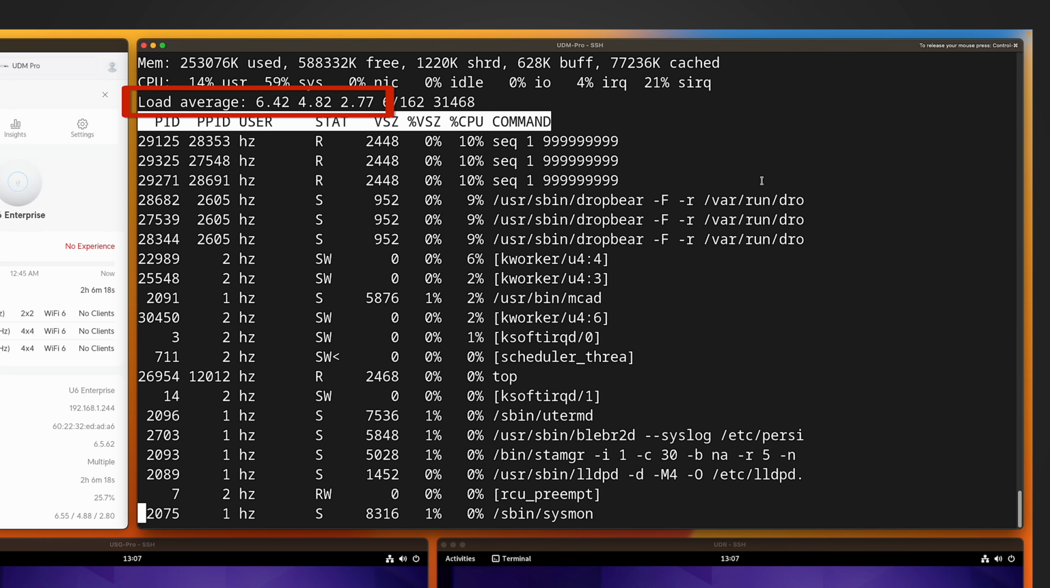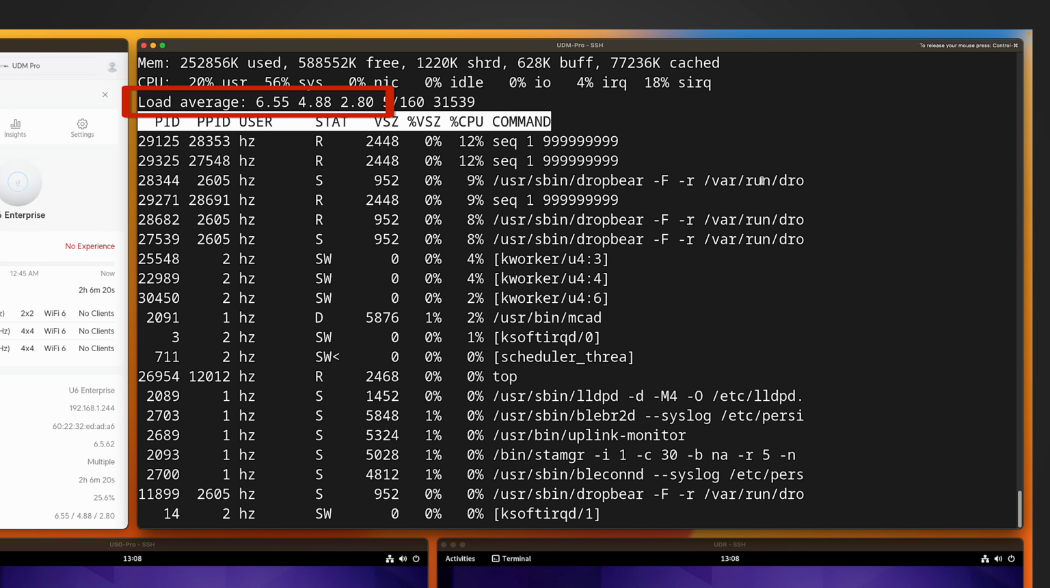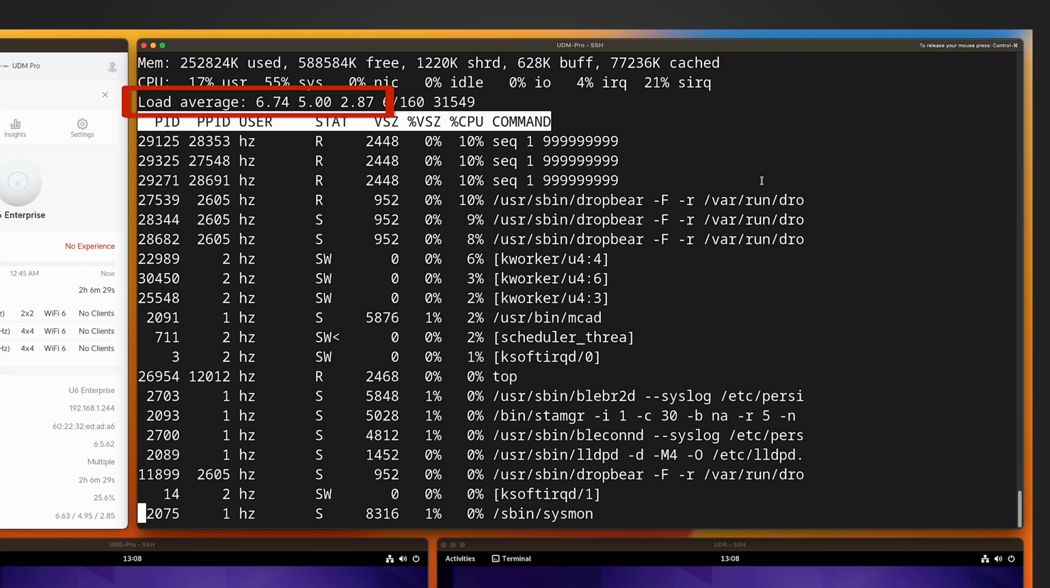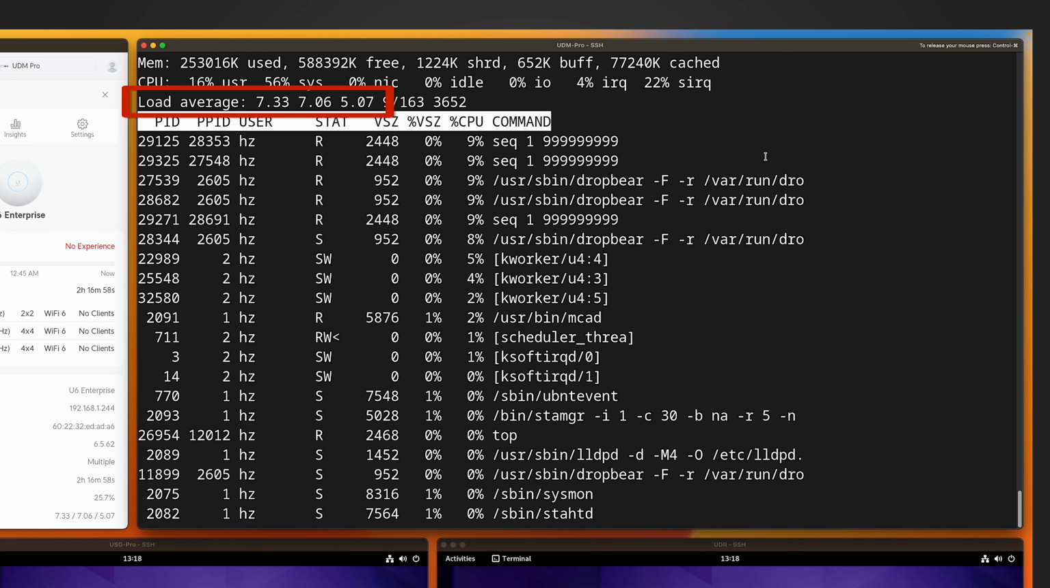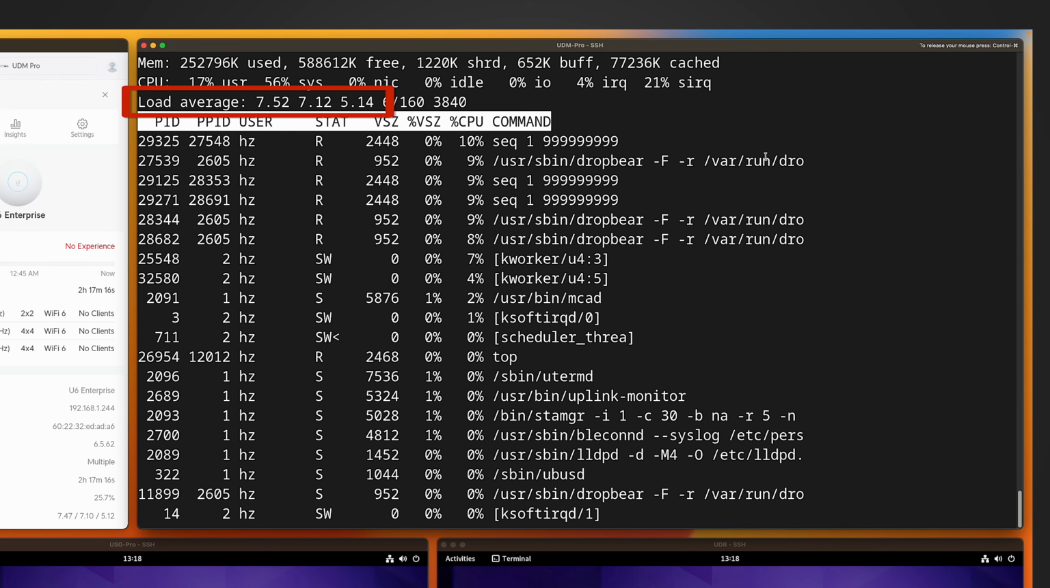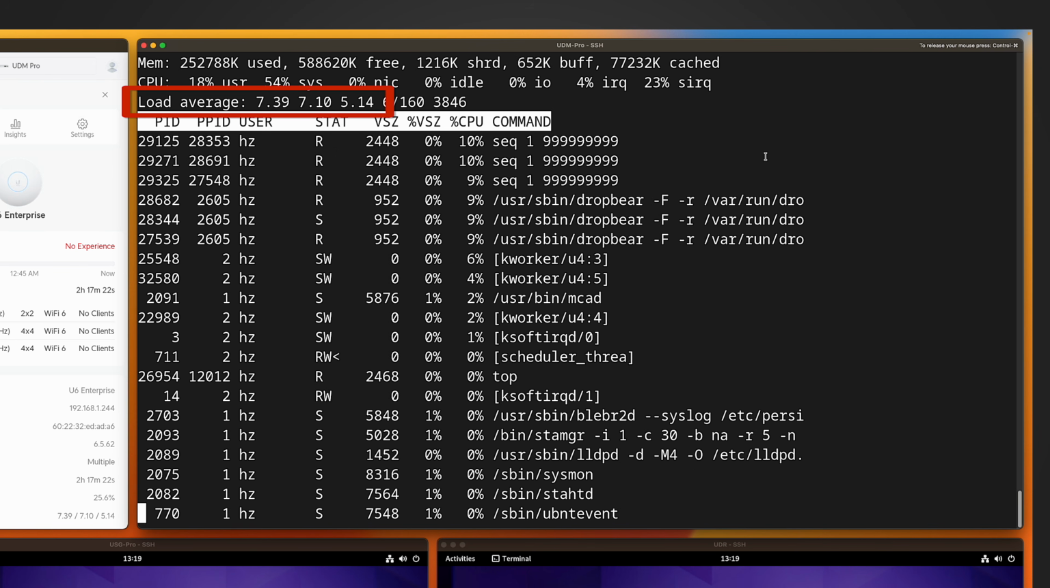Okay, 5 minutes passed. You can see the first number for the load average already exceeded 6, and the second number is approaching 5. Now let me fast forward again. Let's check the final status after 15 minutes. Okay, after 15 minutes of super heavy torture to the CPU, as you can see, we have pretty stabilized